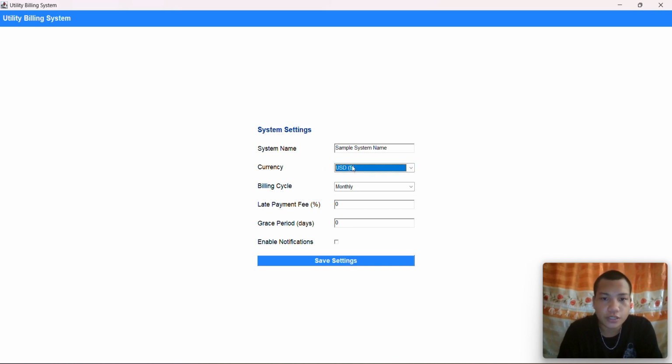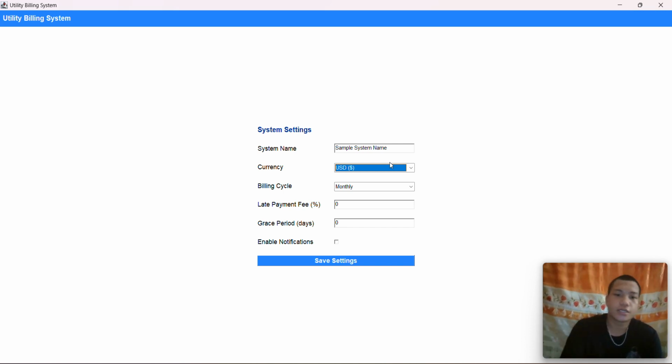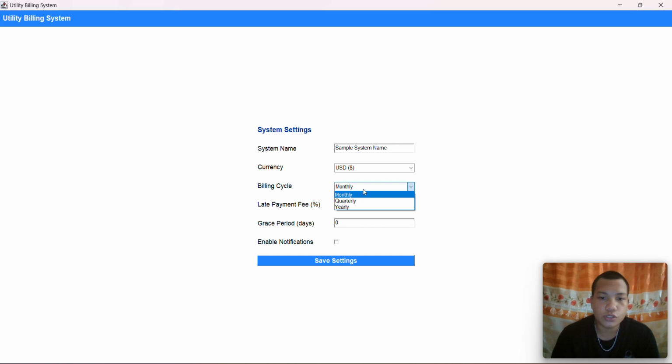Also here in the currency, you can choose either Philippine peso, US dollar, or euro that you use. In the billing cycle, you can also choose quarterly, yearly, and monthly.